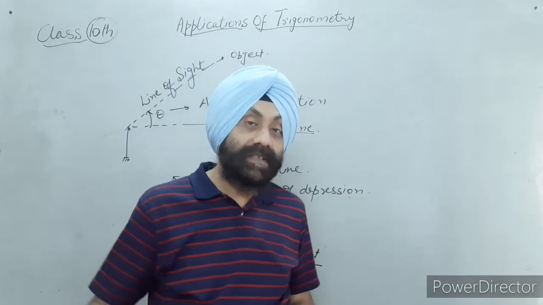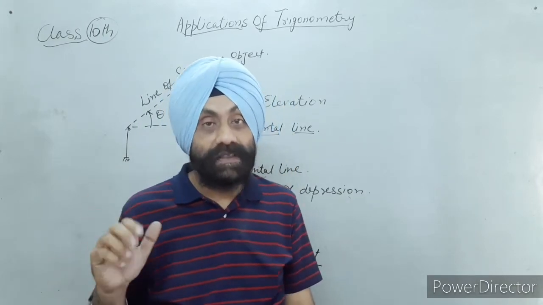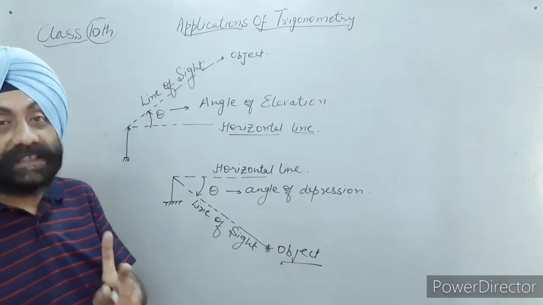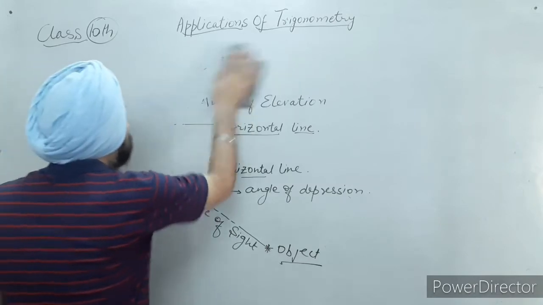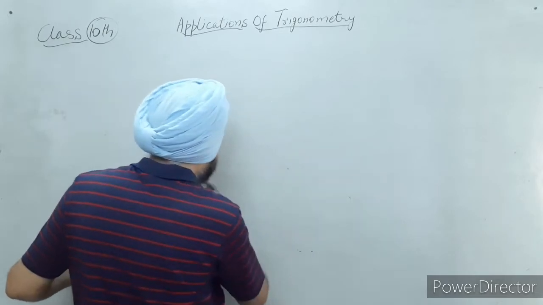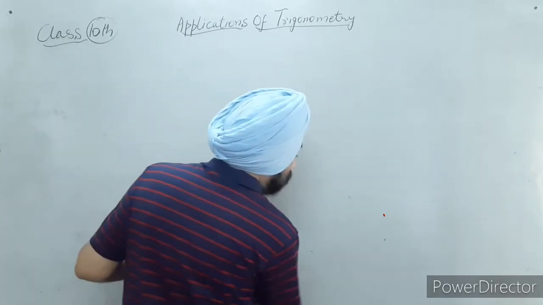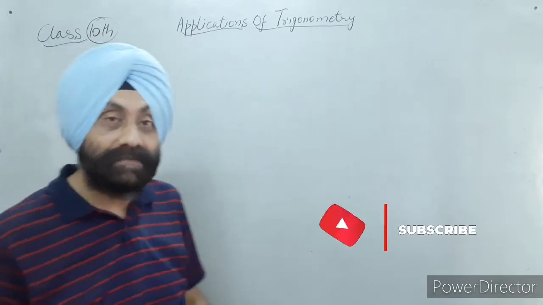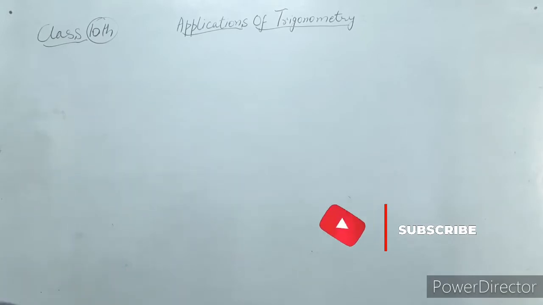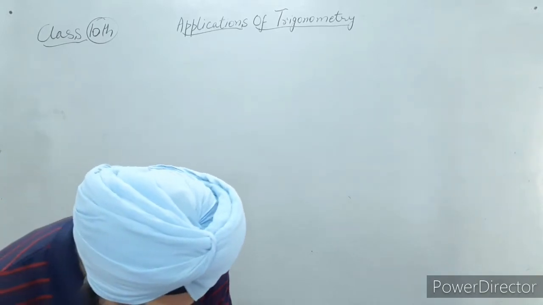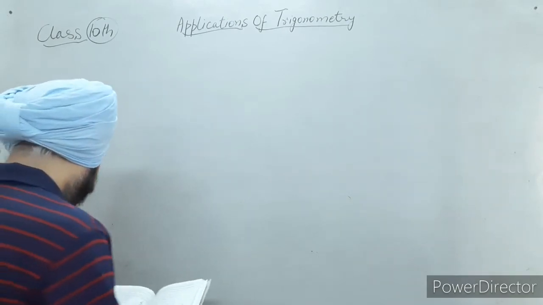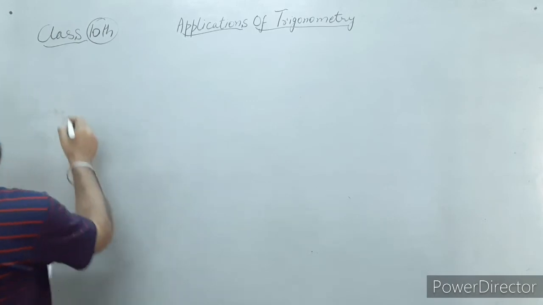Remember these two concepts. Remember the trigonometric table which I wrote, and remember the relation between the sides and the trigonometric ratios of a right angle triangle. It will be applied in this chapter of application of trigonometry, or we can call this heights and distances. Now straight away I will come to the point by solving a problem sum for you. Now the very first sum. Question number 1.